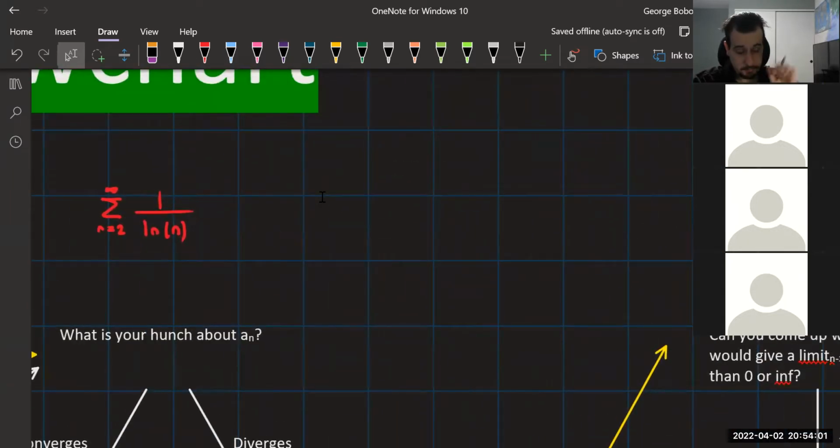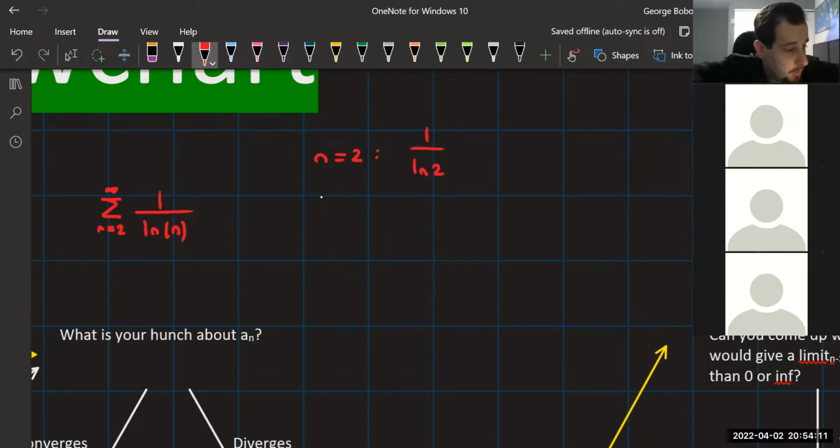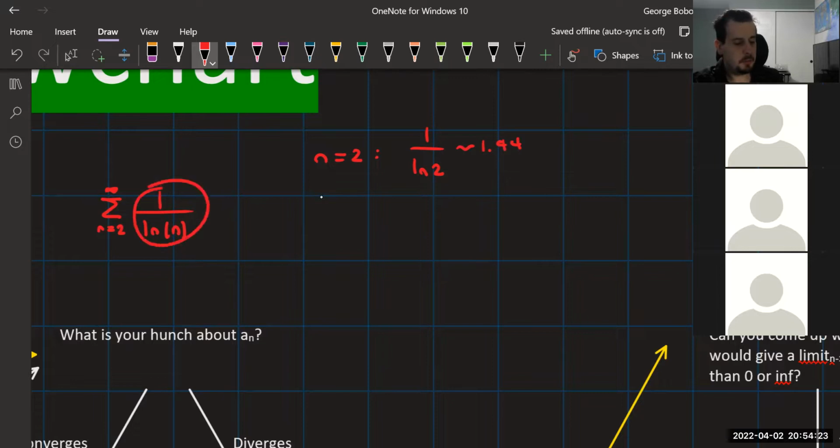So let's think 1 sec. Okay. Let's say right now that n is equal to 2. Okay. 1 over ln of 2. I'll put it in my calculator because that's a weird number. 1 over ln of 2 is like 1.44. Do you think you can come up with something else here that you can substitute for that? It'll give us a smaller number right now. Trust me, it's easier than you think, this one.